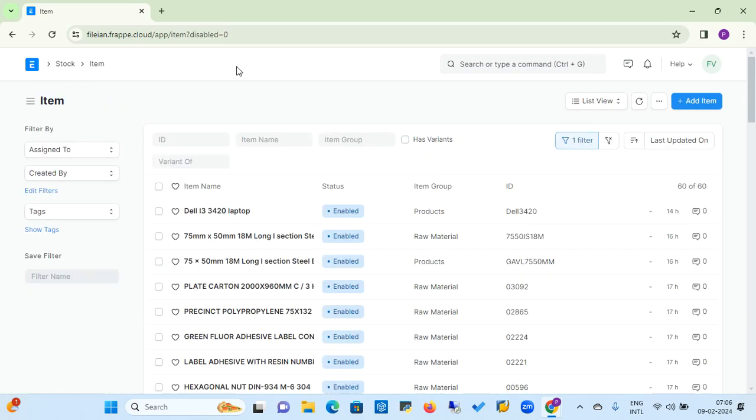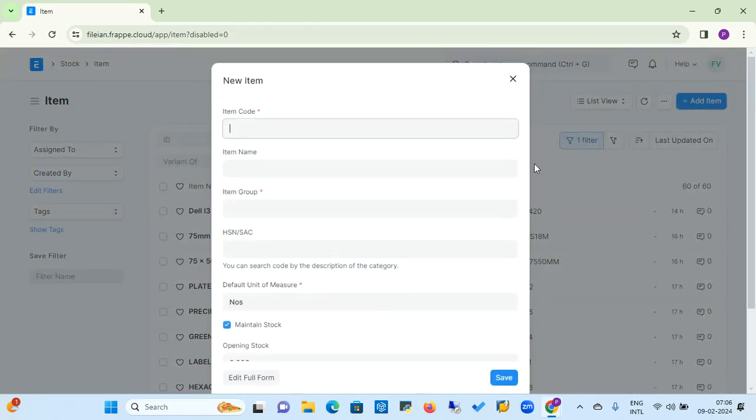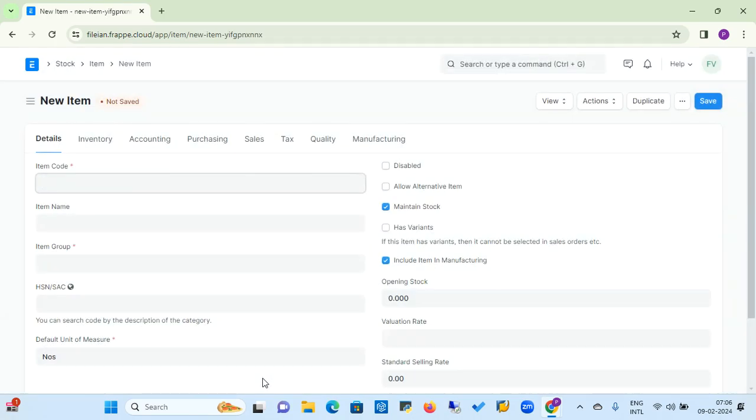If you want to create a new item, then you need to click on the add item button, and you need to expand this new item form by clicking on the edit full form button. If you click on the edit full form button, then you will land on a new item page, and there you will see